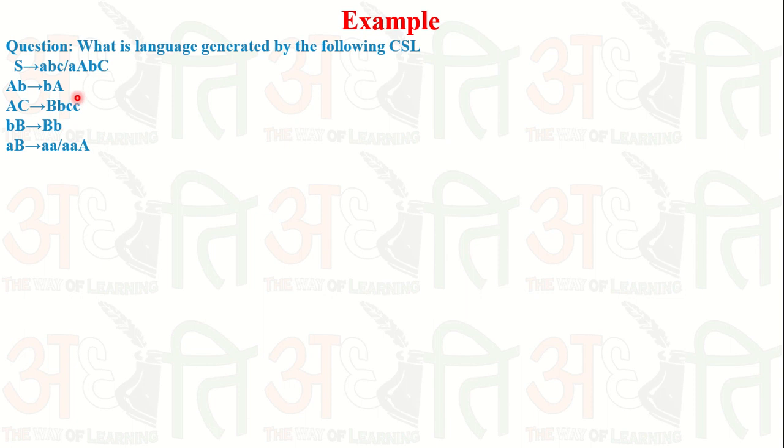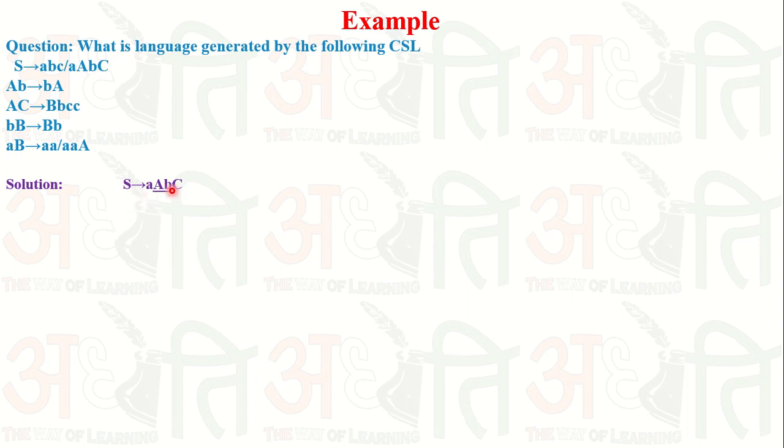So we have to generate a language and identify which language is generated by this particular grammar. For doing that, we start from the starting symbol and replace it with its productions. Then we look at the particular production at the end and identify the general form of it. So we simply take S produces small a, capital A, small b, and capital B.